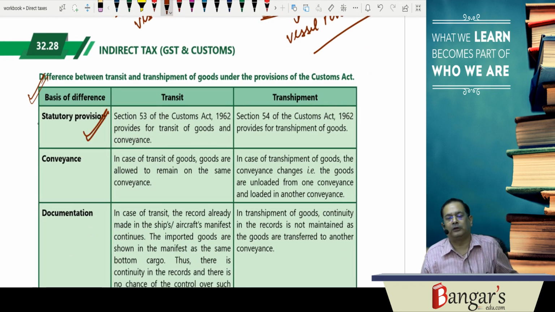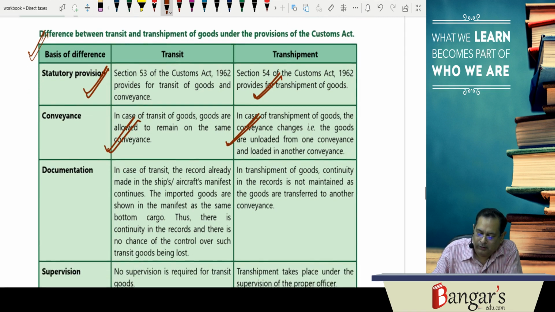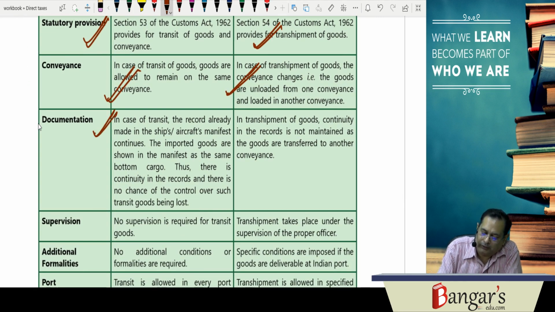Section 53 of the Customs Act 1962 provides for transit of goods and the conveyance. Section 54 provides for the transshipment of the goods. In case of transit of goods, the conveyance remains the same. In case of transshipment, the conveyance changes. That is, the goods are loaded from one conveyance, unloaded from one conveyance, and loaded in another conveyance. In case of transit, they are the same as mentioned